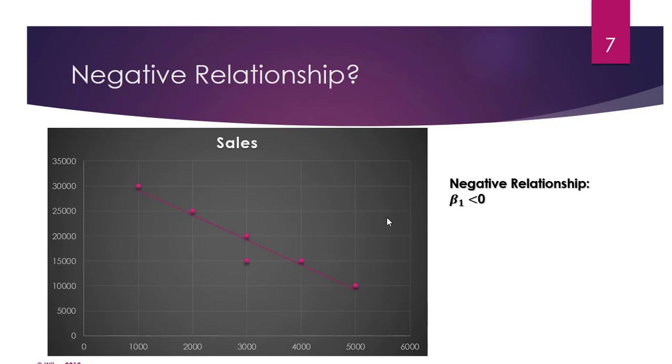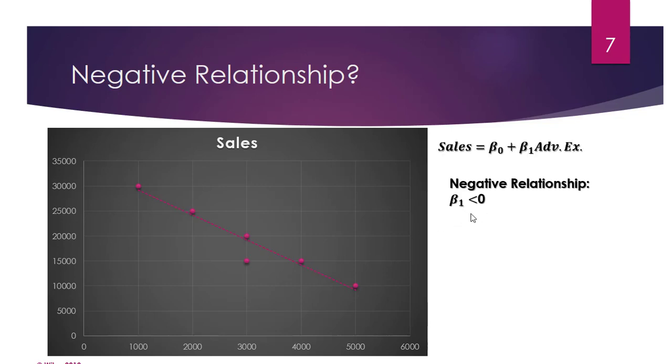The data from our survey may look like this. We then draw the line of best fit, otherwise known as the regression line. As you can see, the regression line is now downward sloping from left to right. In this dataset, the general trend is the more money spent on advertising, the lower the sales are. When there is a negative relationship between sales and advertising expenditures, the slope of the regression line, beta 1, is